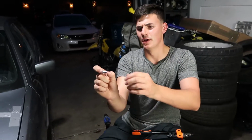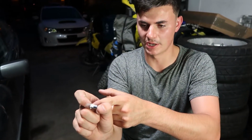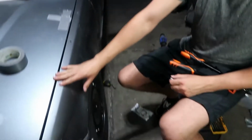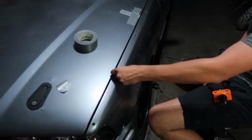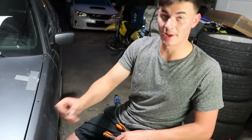If anybody has never used them before, basically you put it in a rib nut gun like this. It's super similar to a rivet gun, but basically you put it in a body panel or whatever you're mounting to, plastic, metal. Definitely they work best on metal. There's this little crimp zone, and it'll crimp up when you squeeze it, between the flush head of it and the crimp into your body. So you can basically have something like a threaded insert in your body, and then you can thread the bolt up to it. So these are M6 by